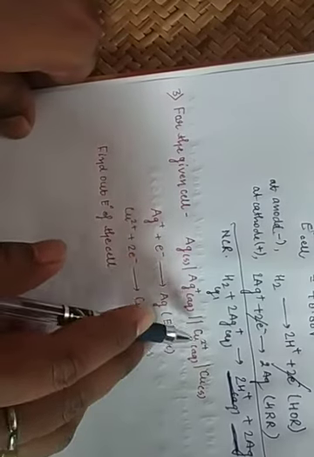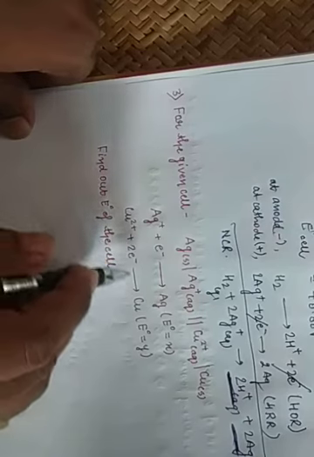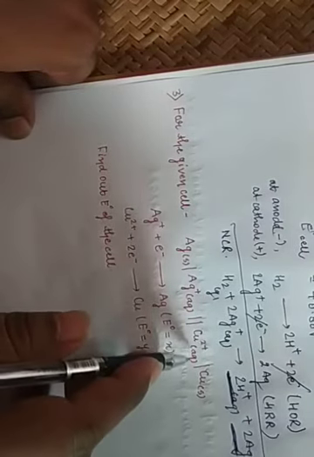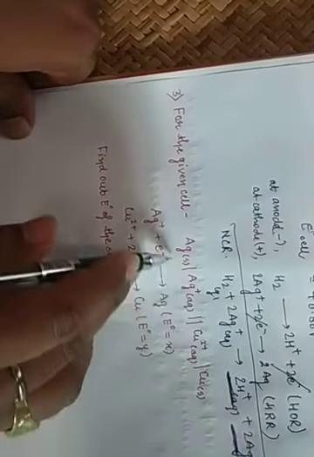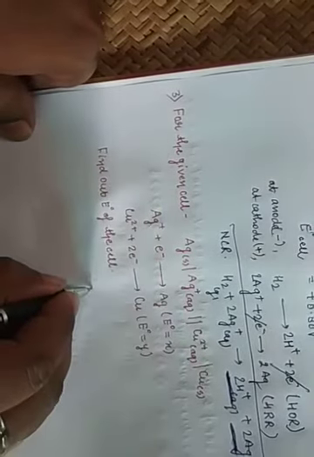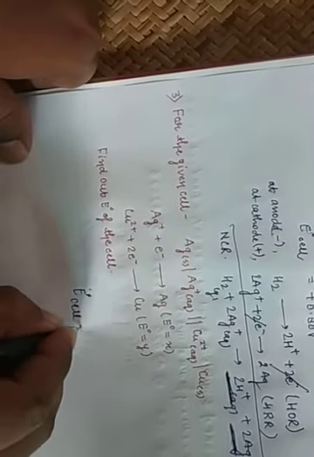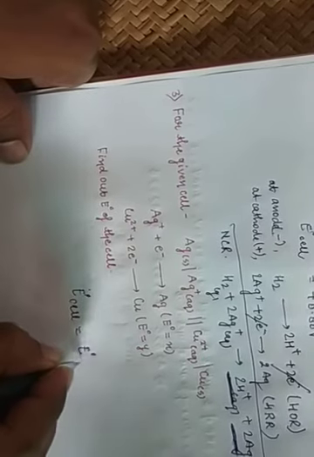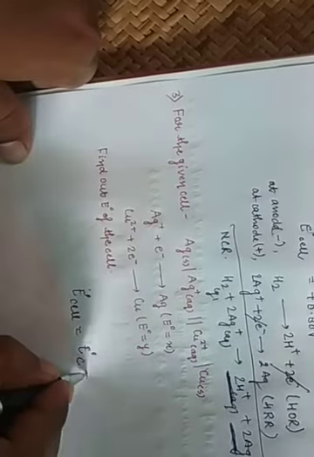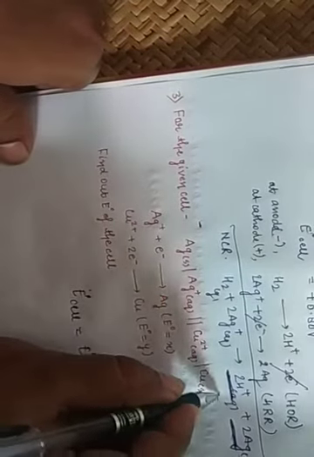Clear student? Okay. Now I have another question. For a given cell, Ag solid to Ag plus and Cu to this, find out E naught of the cell. So in this case, what do you see here? Cathode and this is what? Anode. So you have to focus from here. You know very well E naught cell is equal to E naught cathode minus E naught anode. Cathode means this side, and anode means this side. This is the left hand side part negative and this is the right hand side positive.